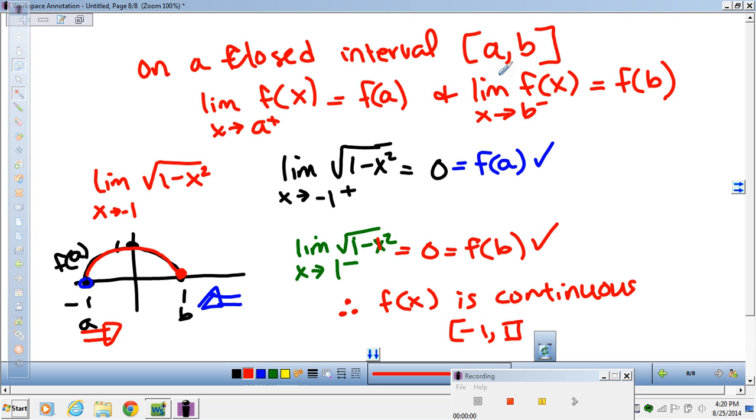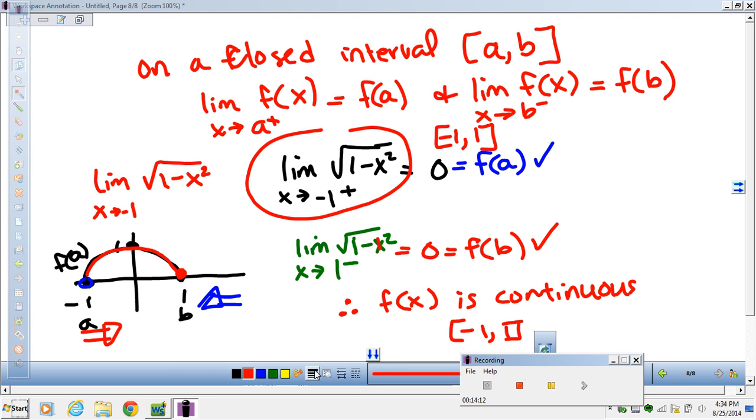Usually you're given the interval. I should have put over here, at this point right here, that on the interval negative 1 to 1. Sorry. Alright. And